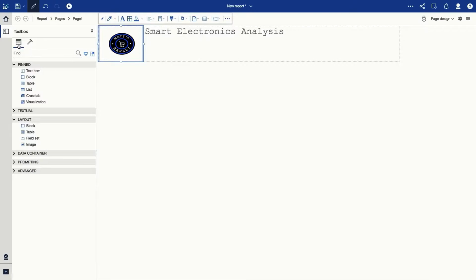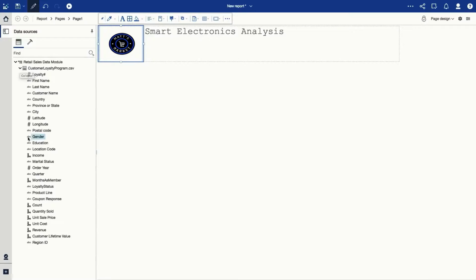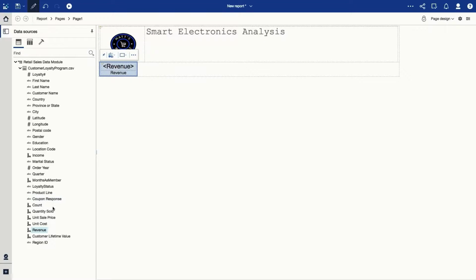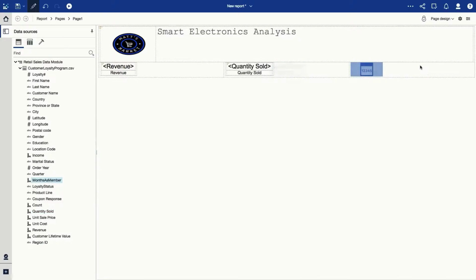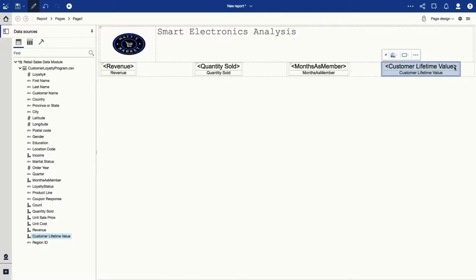Now I can begin by adding the relevant KPIs to the report. And again, in the past this may have required a degree of formatting to result in a nice looking report. But now a lot of that authoring burden is done for me. Depending on where I drop the object into the canvas, the alignment realizes where it should fit relative to the other objects. I can also enable preview mode so that I don't need to actually execute the report to see